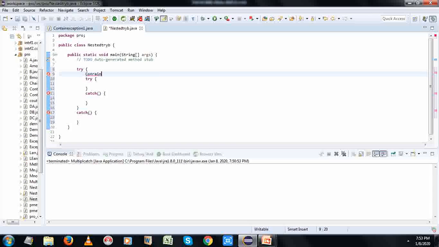So the outer try block may come up with any exceptions. Those exceptions are handled by the outer try catch, not by the inner try catch. But the inner try block may come up with an exception that is handled by the inner catch block as well as the outer catch block. That is, the inner try block